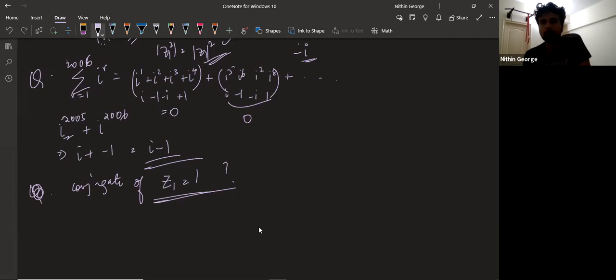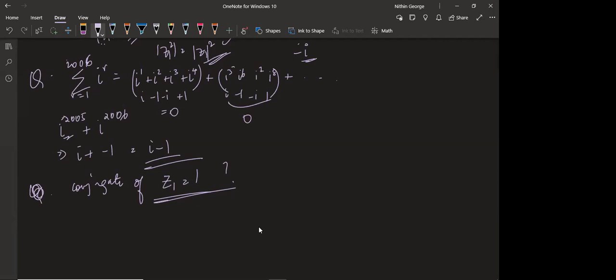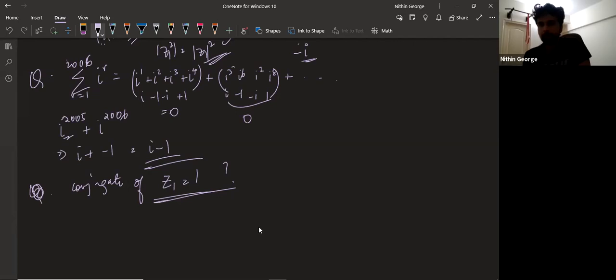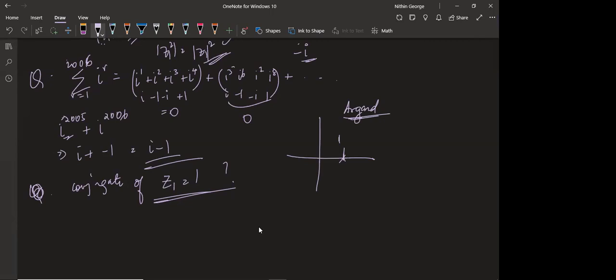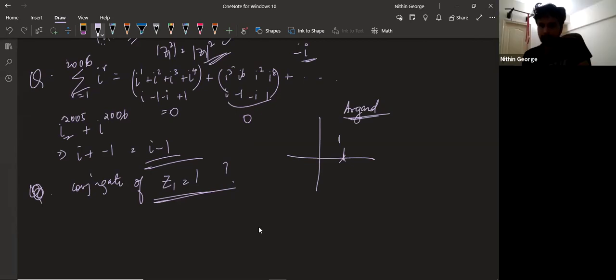So whenever I tell you a complex number, try to imagine it on the plane, okay? On the Argand plane. So that's one exercise I have for you. Is it still 1? Yes, it's still 1. Aditi, Lakshanya, Harish, are you getting this? Yes, sir, because it's on the axis itself. Because it's on the axis itself, correct.